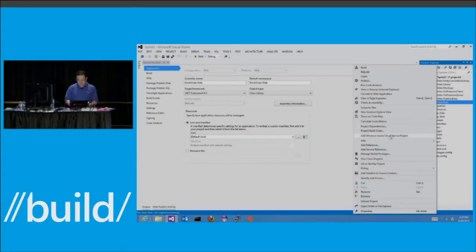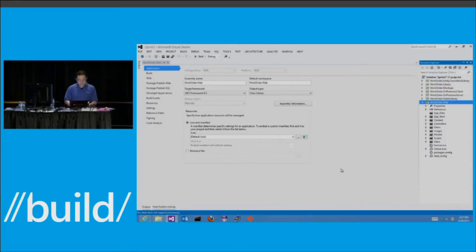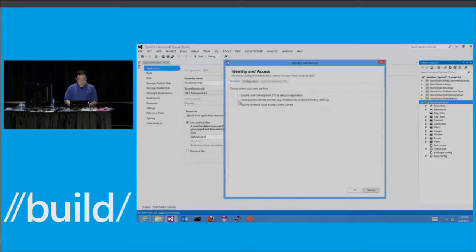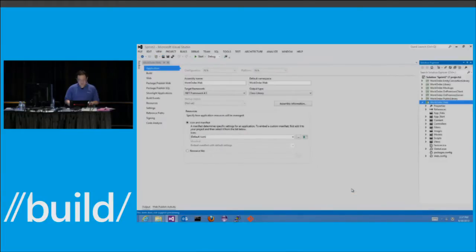I'm going to right-click and use the Identity and Access tool. Again, this is not the brand new tool. This is the Identity and Access extension to Visual Studio 2012 that you can download. I'm just going to select it. And I'm going to use my ADFS or Windows Azure Active Directory tenant this time. I'll paste in my metadata. I'll say OK.